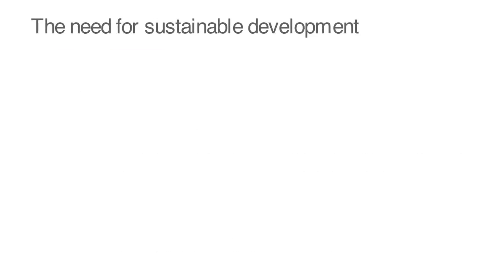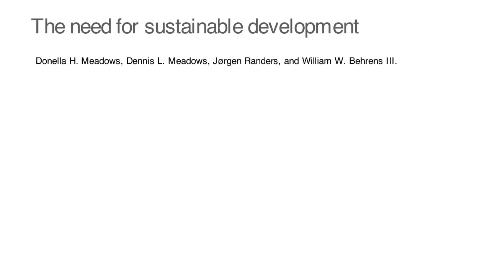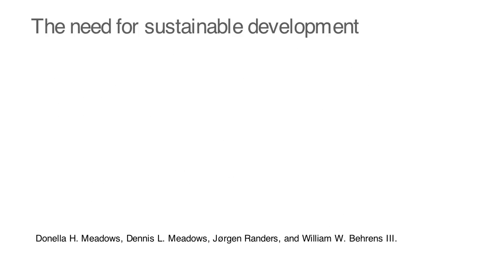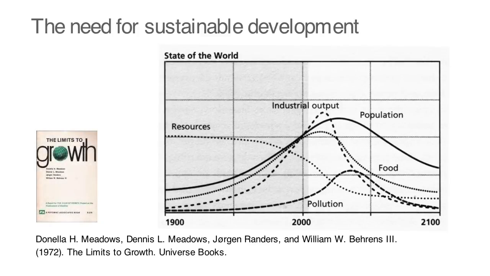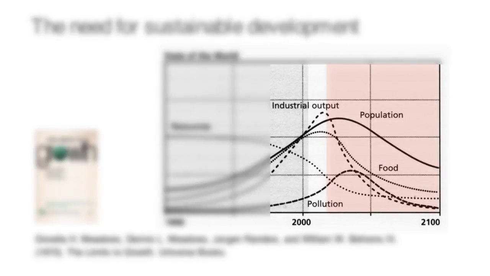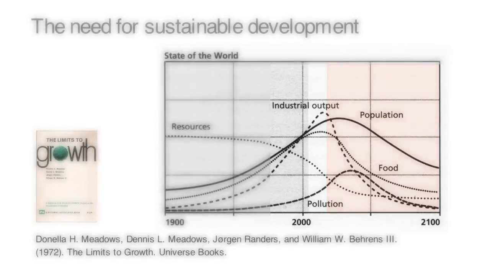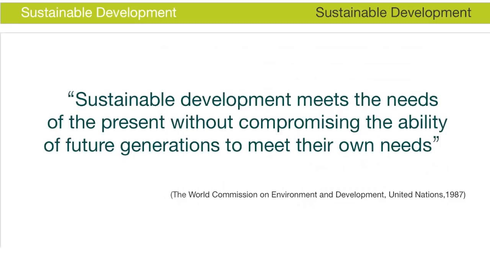The need for sustainable development came after a team of scientists from MIT used computer simulation to model the Earth as a dynamic system. This was published in a book called Limits to Growth in 1972, in which they showed, through their simulations, that there was a real potential for a global collapse of the biological support systems on which human life relied upon if we continued to conduct business as usual.